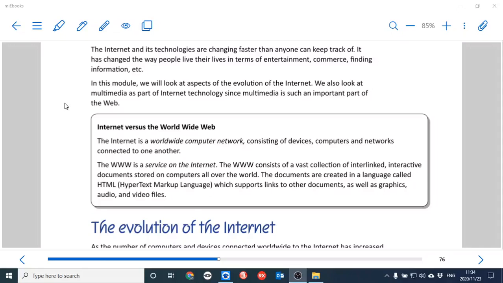So you want to log onto YouTube and you want to see what videos you can watch, and you want to watch one, you have to connect using the internet to America, where these videos are stored on the servers, on the hard drives there. Then you access what you need to access, send it back to you, and then you can watch it. Okay, so the internet is kind of like your means of getting there, and all the different content available, all the websites, things like that, that's the service, the World Wide Web that we use on top of the internet.